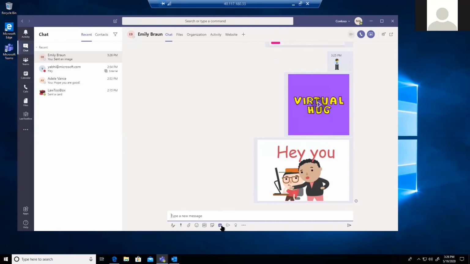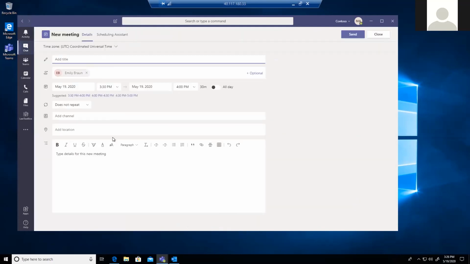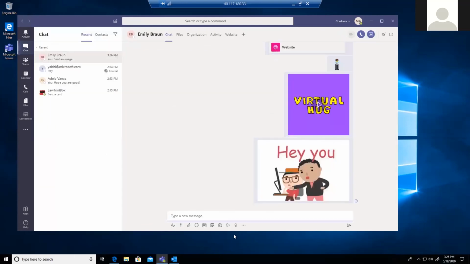Now let's come back to the other part of it. You can create a meeting right here with Emily. So I can just open a chat and I can create an ad hoc meeting, right, like this. I can add a title, send it across. I can add more people, and it is by default a Teams meeting. So there will be a Teams meeting link added. I'll come to that point. I'm not sharing much information, just to let you know there is an option.